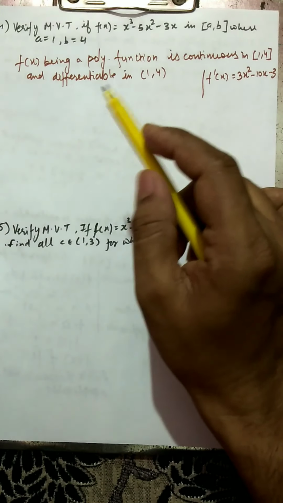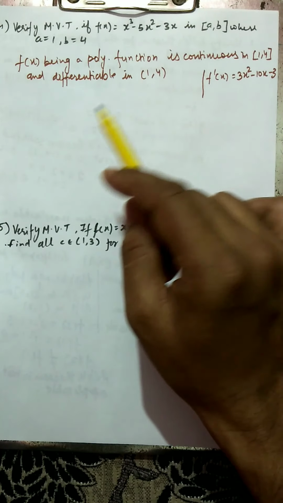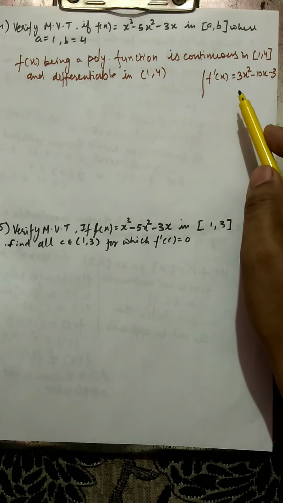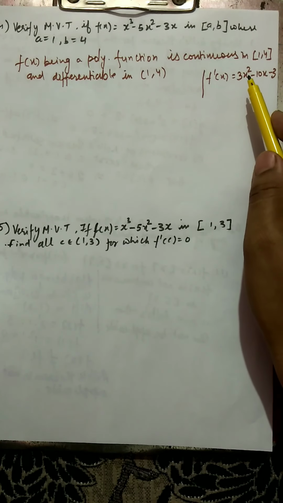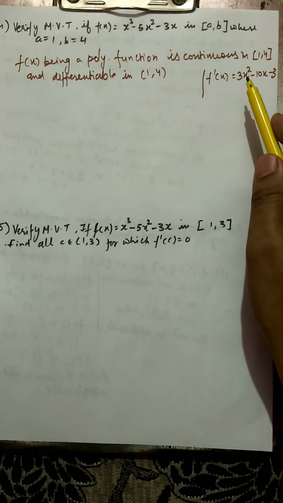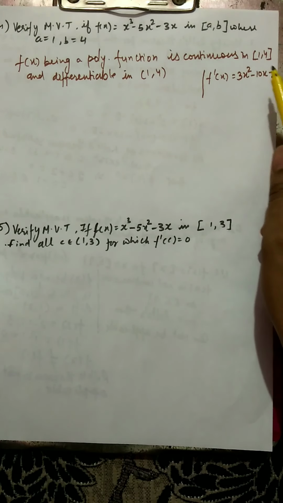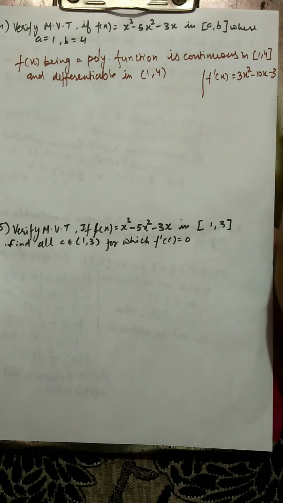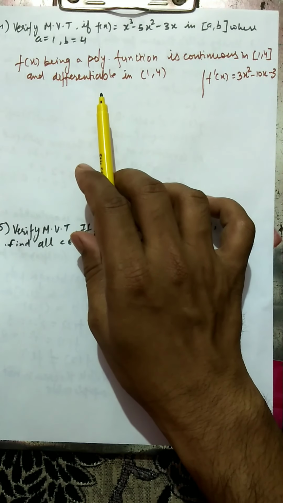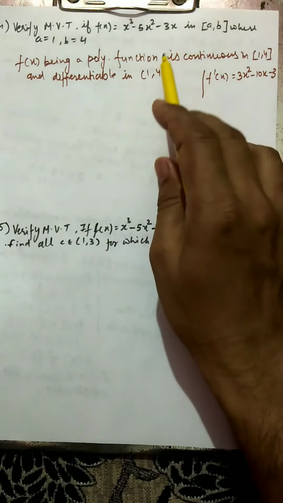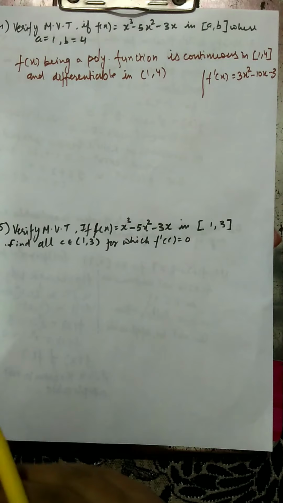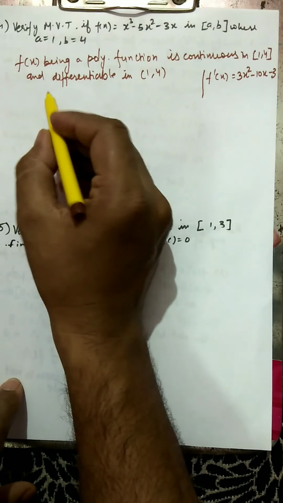But this function is actually a polynomial function, so there is no denominator as such, and the exponent of all variables is a whole number, that's why it is a polynomial. So a term which can make the denominator 0 or make the differentiation undefined is not possible at all. That's why we always say the function is differentiable in (1, 4), because it is a polynomial function. So now the conditions of the mean value theorem are satisfied, so there exists f'(c).